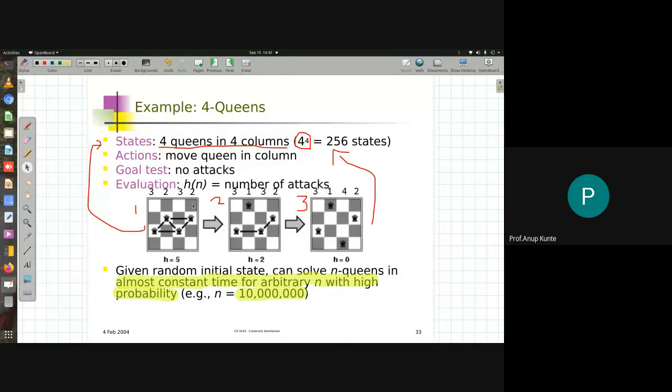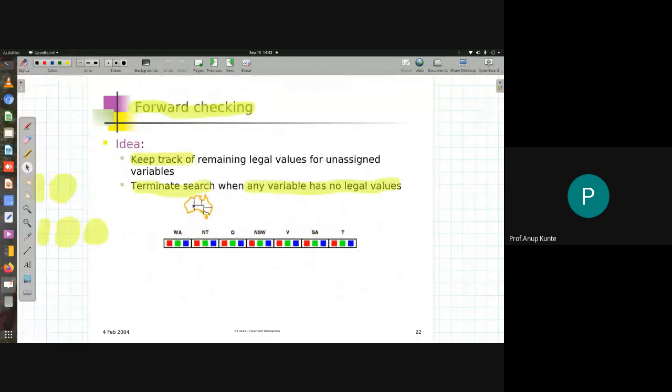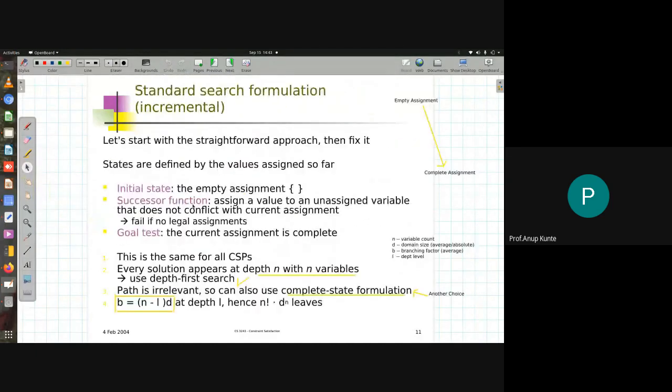So we start with a partial assignment. We assign a value to one variable, and from there we keep on assigning values to the next variable. We keep on doing this until we reach a complete assignment. If anywhere in this process we find that a particular assignment that we just made has violated a constraint, that is, a choice of domain value for a variable that we just made has violated a particular constraint, then we backtrack, and that is what is called a backtracking algorithm. So we'll just look at how these kinds of algorithms are represented, and we solve constraint satisfaction